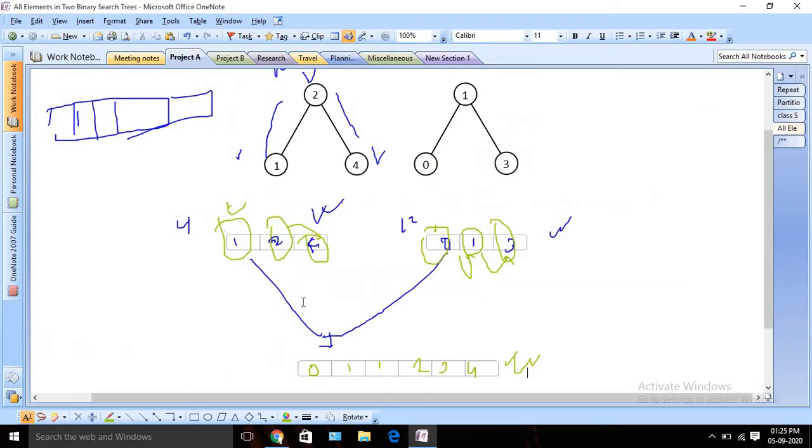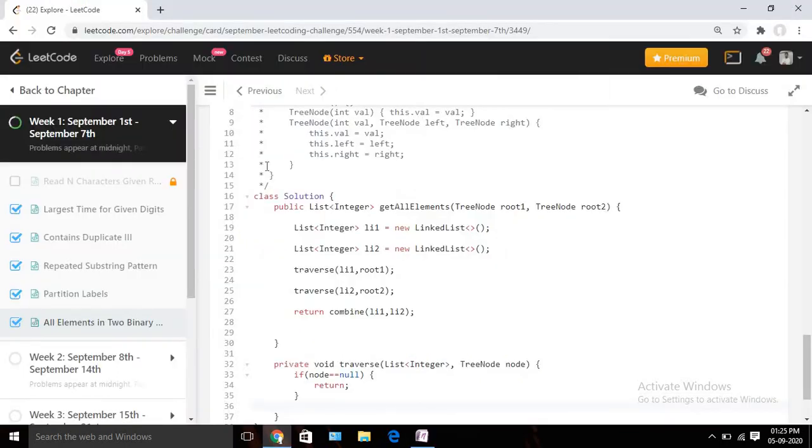If the value is not null, then we will go to the extreme left, since we are doing in-order traversal. So I will traverse the left side first. What I will do is call this same traverse function, since we are going to use recursion here. Let us name it as list only. Again I am going to call my traverse function, and I am going to pass two things: the list, and node dot left, since we are traversing the left side first. So we will go to the extreme left, and we are going to add that value, that will be my smallest value, right? And then again we will come back and backtrack.